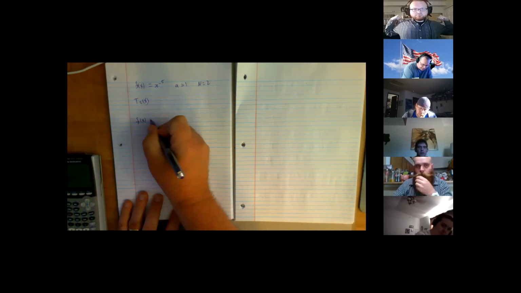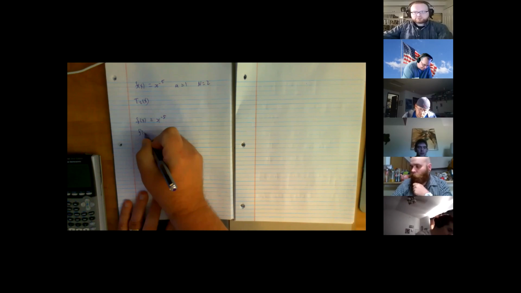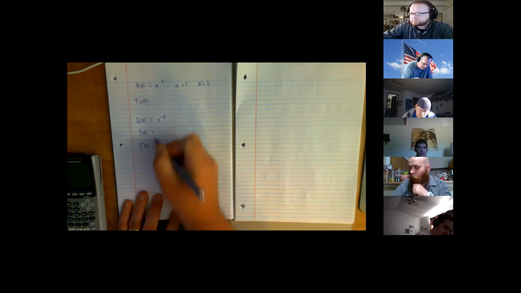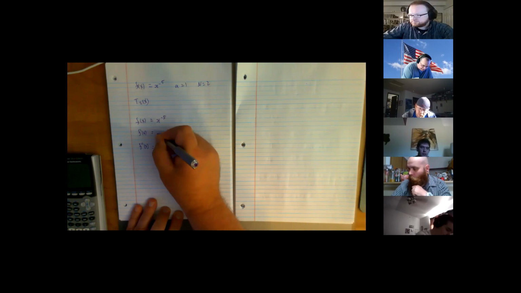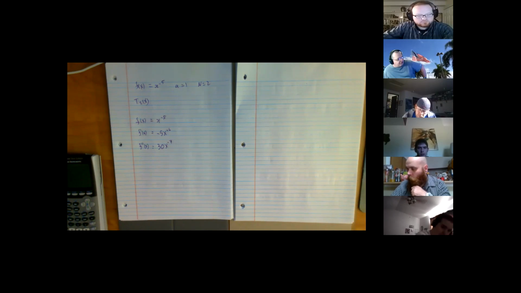So here is f of x. Here is its derivative. Here is its second derivative. If you're doing T2 of x, don't you only need to go as far as the second derivative, right? This fella, multiply by the power, reduce it by 1. Multiply by the power, reduce it by 1. Since I am not looking for patterns here, do you notice I just multiplied things together as is?